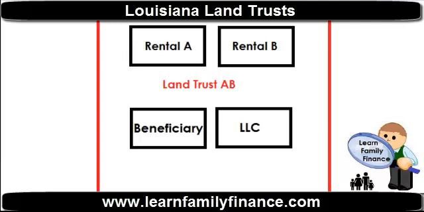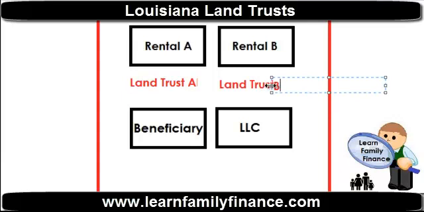Now, you could also set up something a little different, and you could have land trust A, and then land trust B, and then you'd have two separate land trusts. And what you would do there is then maybe they're very expensive properties. Maybe they're not these little $30,000 properties where if it's like 30,000, then you just can create one land trust and protect several. But maybe these are more valuable. And so maybe what you want to do there is set up a land trust A and land trust B.